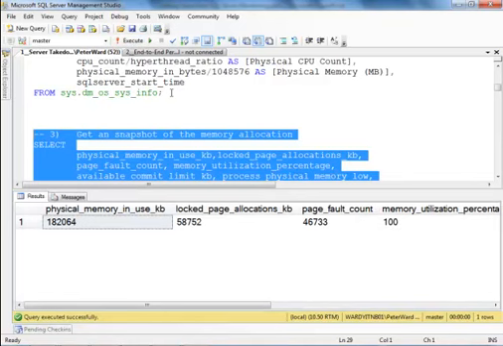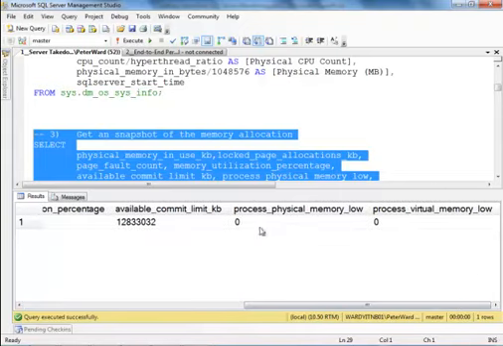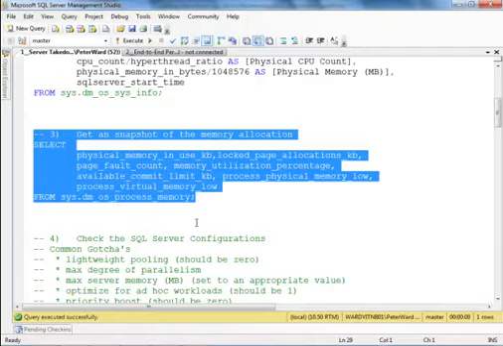So I want to look at the physical memory that I've got allocated to SQL Server, but really what I want to look at is I've got two counters across here. I've got process physical memory low and process virtual memory low. They're bit indicators. Is memory low? Yes or no. In this case, on my machine at the moment, memory is not low, so I can tell straight away I don't have a problem with memory because SQL Server's got enough memory. If it had memory pressure there, those would either be 1 on the virtual memory or 1 on the physical memory. So straight away, I can identify is memory an issue.